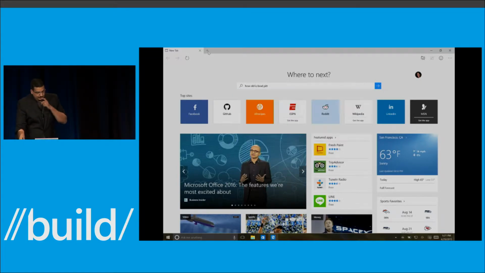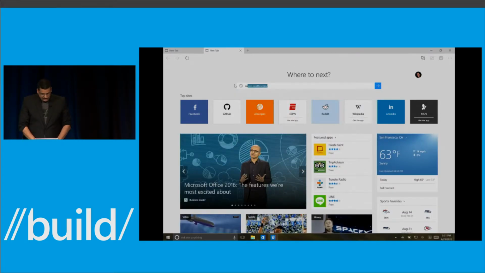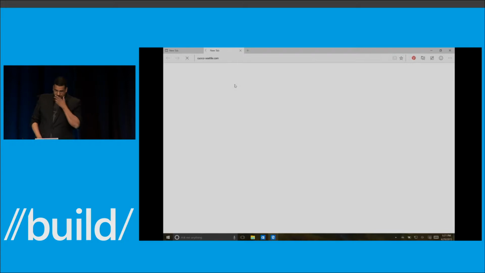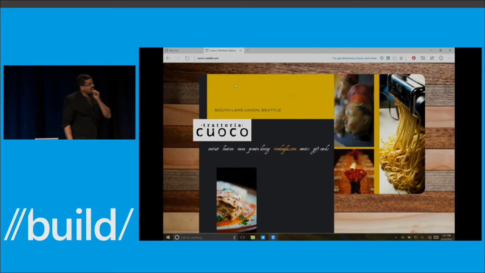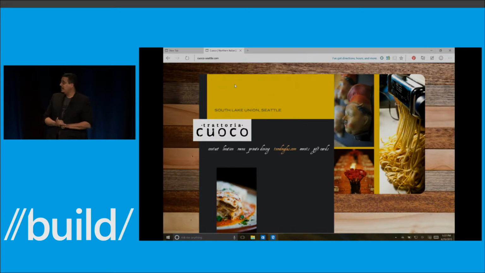The second area we invested in is trying to figure out how she can help you complete tasks. So here I'm going to go to this restaurant, and you see in the top corner, Cortana's popped out, and she says, I have hours and directions and menu information for you. It turns out this is actually a very popular feature. I'm sure this is a great restaurant website, perfectly designed, but a lot of restaurant websites, not this one, because we got permission to use this site,